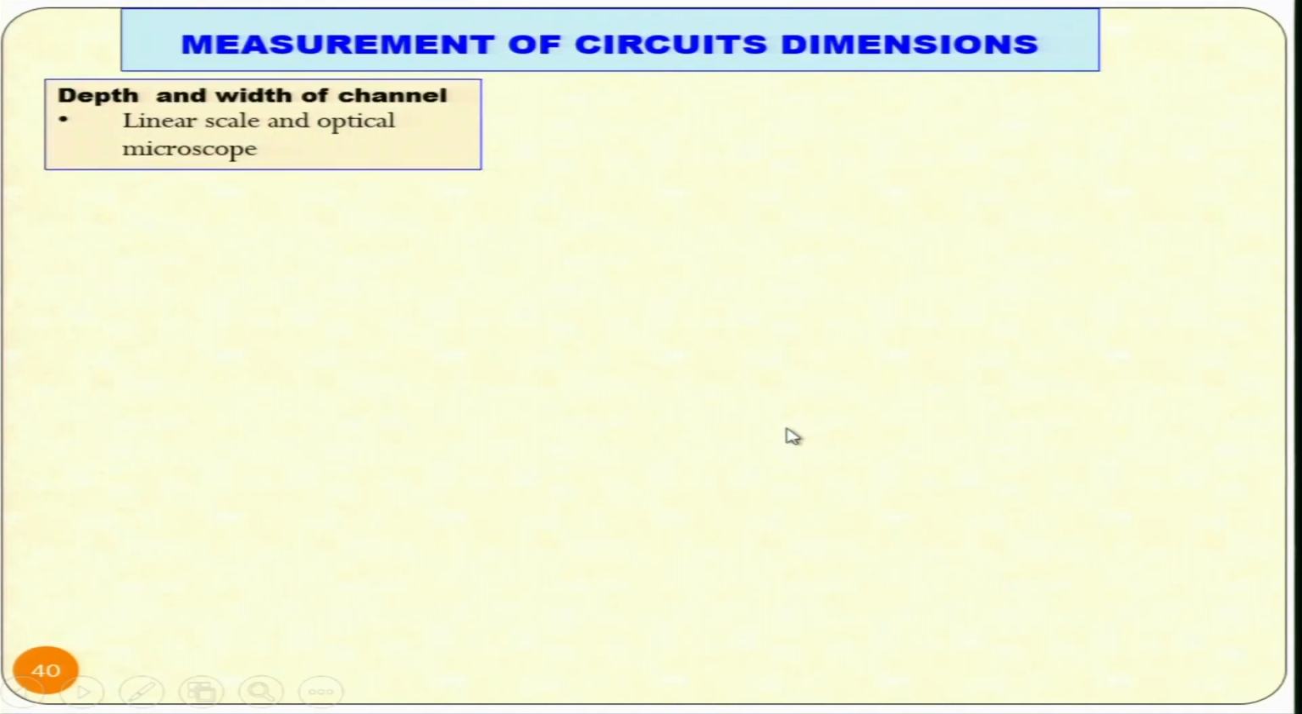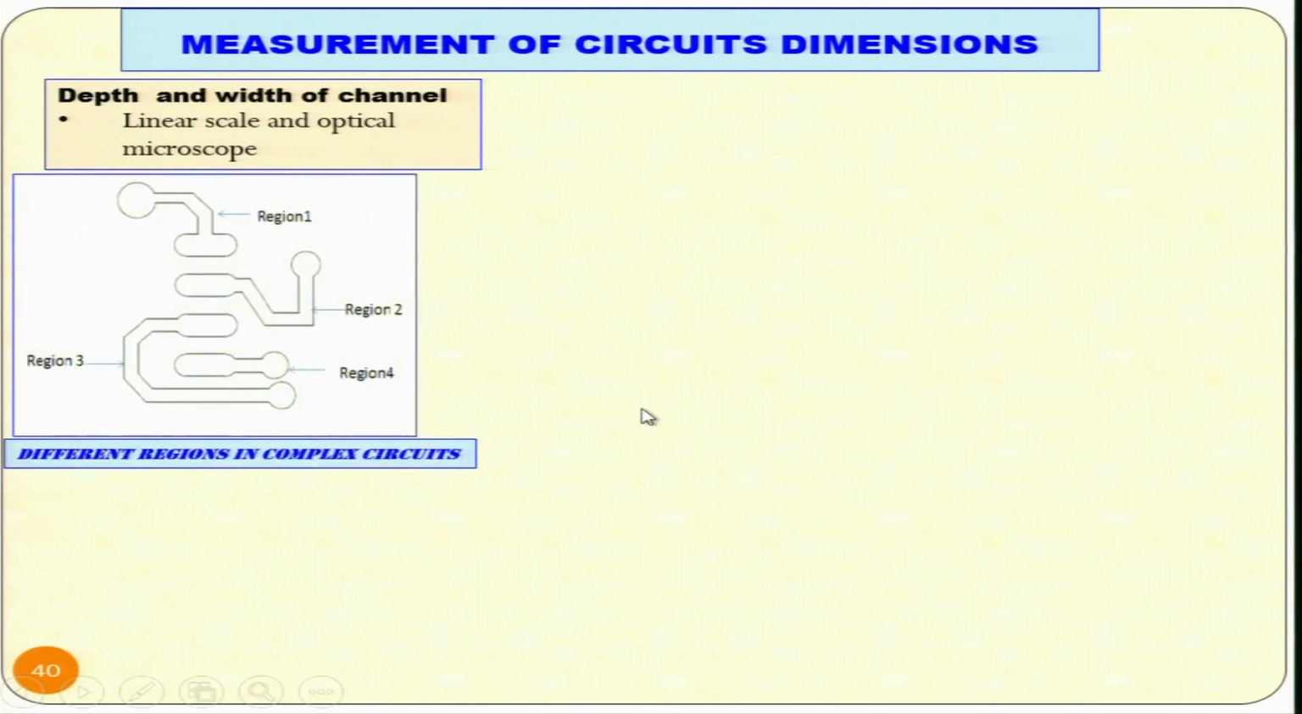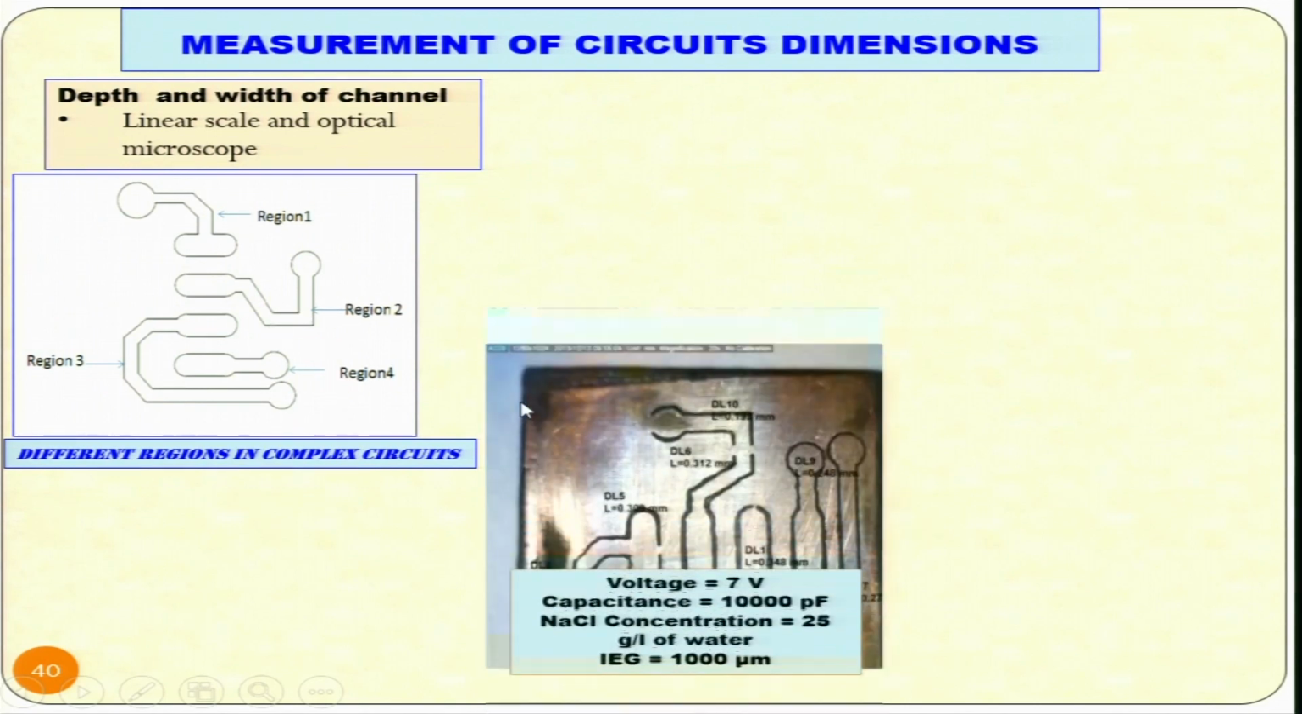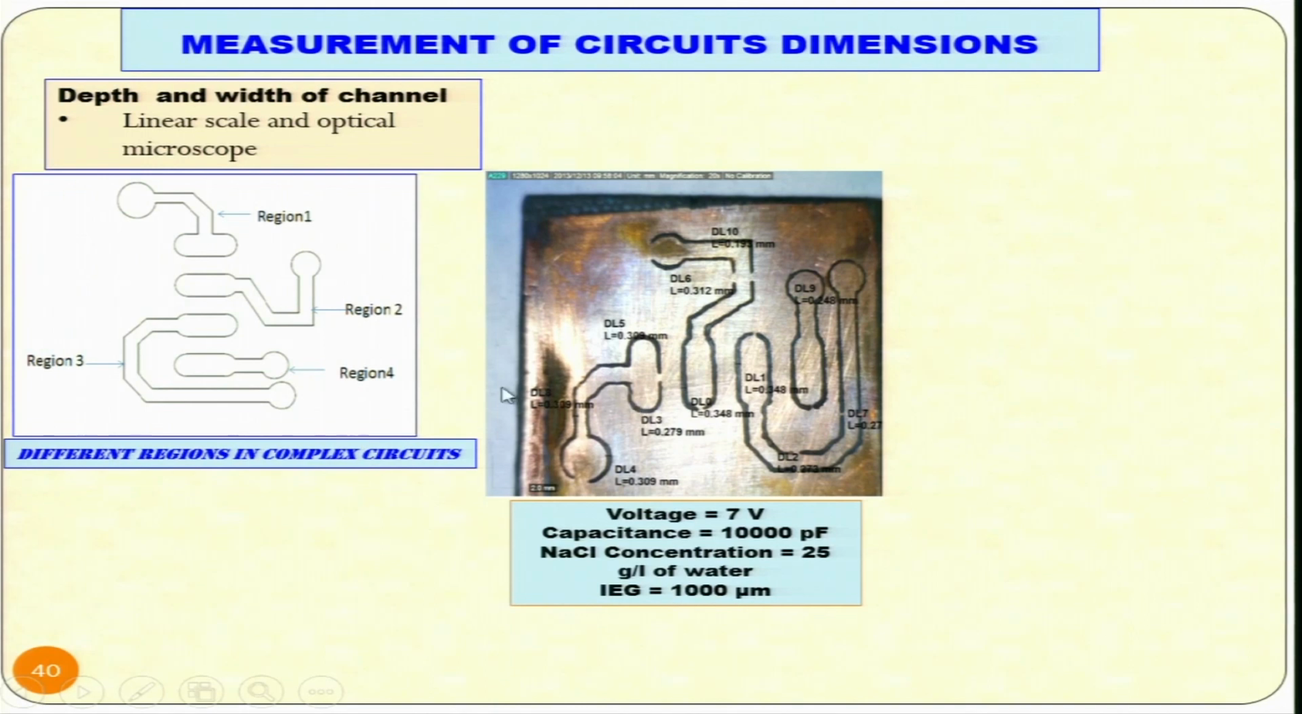Measurement of circuit dimensions: the depth and width of the channels, these micro channels, were measured, and these are the photographic views of this. The voltage used was 7 volt, capacitance 10,000 picofarads, sodium chloride concentration 25 gram per liter as the electrolyte, and